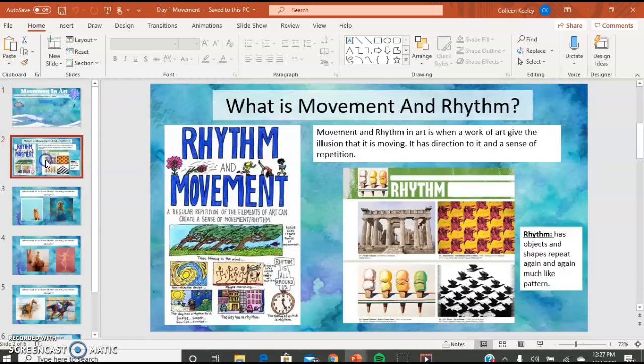So if we take a look at this page right here, the way that artists are able to show movement is by creating a pattern or repetition of things. If you look down here, you can see these little birds flying and these little cow heads. Because the artist created them again and again and again, it's showing this repetition, and it gives the illusion